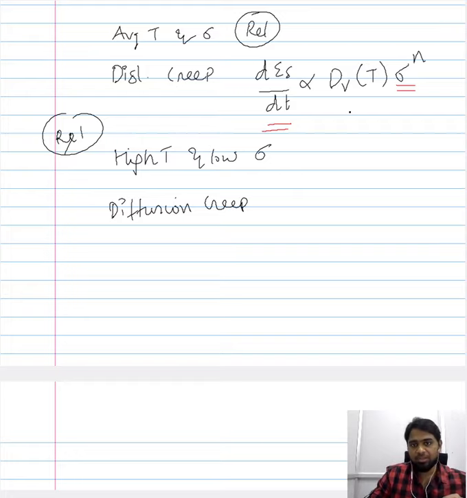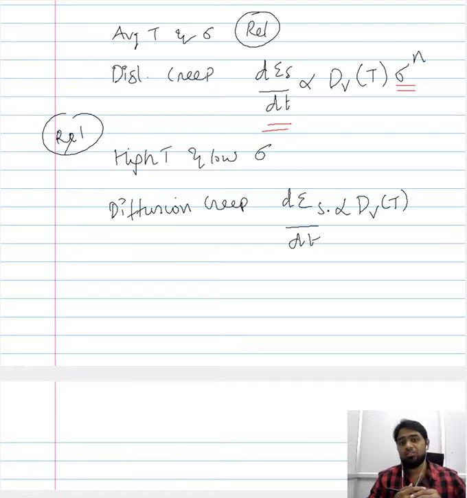to that of the dislocation creep, the effect of temperature is through the diffusivity. So even though temperature poses two effects to the creep behavior, one is through the thermal energy, the other is through the vacancies, and even in vacancies you have the influence of temperature on the number of vacancies and also on the diffusivity of vacancies, the dominant role of temperature on the creep rate is felt through the diffusivity. So the dominant influence of temperature on the creep rate in both dislocation creep and diffusion creep is felt through the diffusivity of the vacancies.